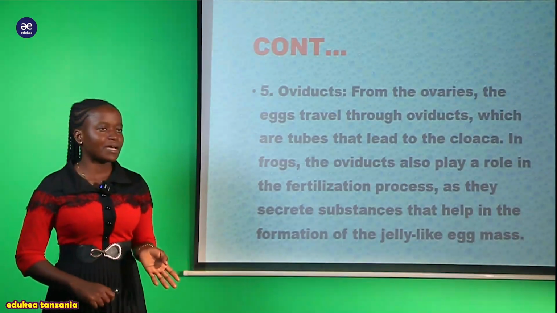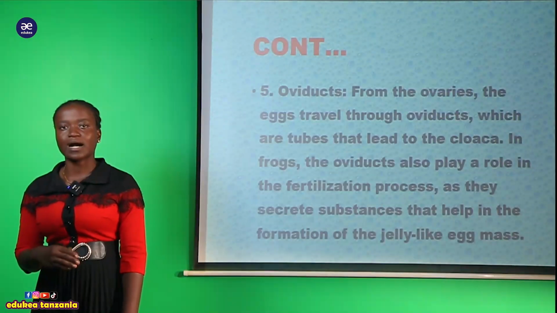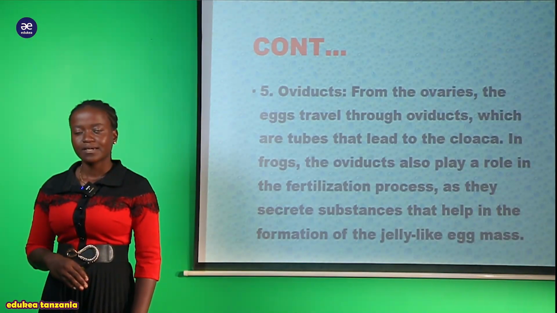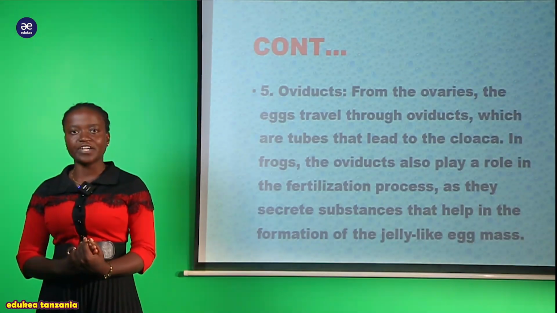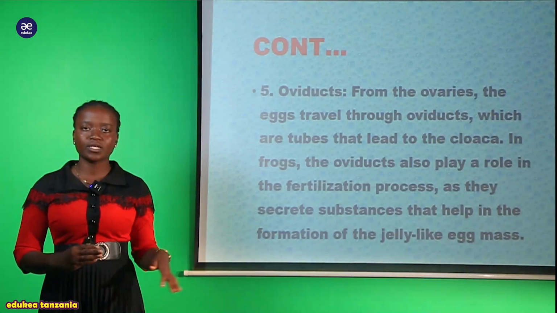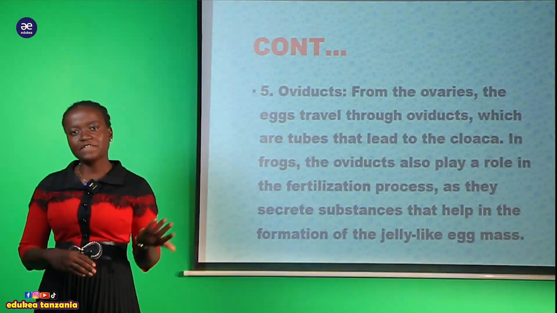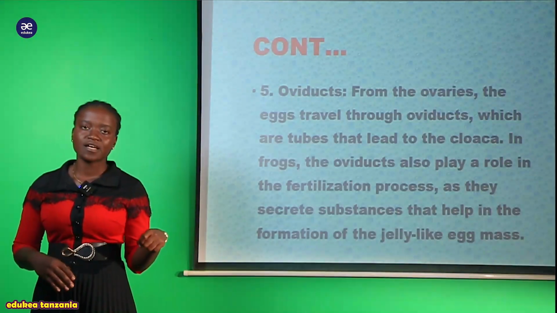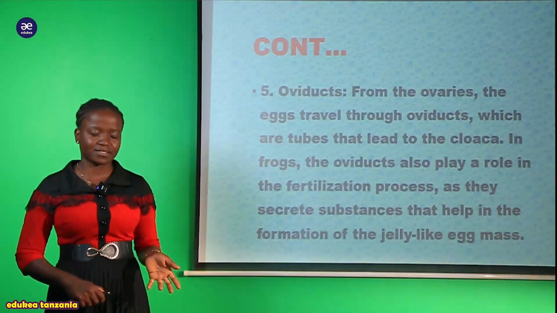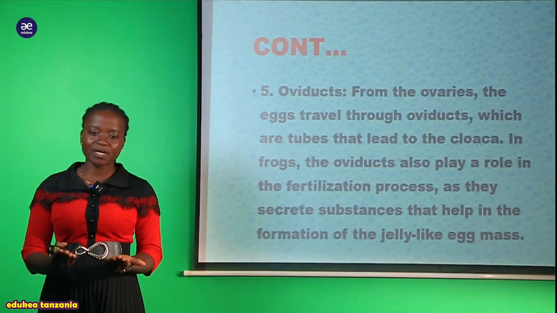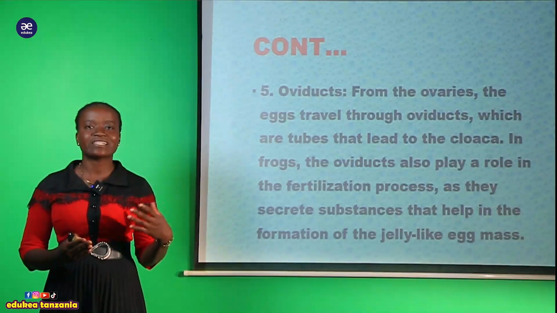So tunasema kwamba hii oviduct inakuwa na kazi kuu mbili kwa hawa organism. Kazi ya kwanza is for transportation of the egg from the ovaries into the cloaca kwenda kwenye outside environment. Kazi ya pili, hii oviduct tumesema ina secrete the gel-like mass. Gel-like egg mass. Hii gel-like egg mass ndiyo ambayo sasa ina protect yale mayai yasiweze kuharibika kwa urahisi zaidi akiwa